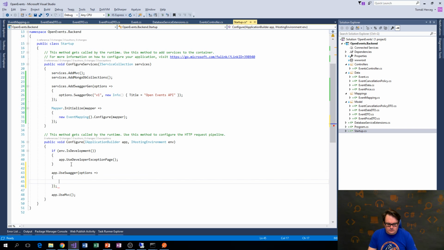And there is also Swagger UI, and this is important for us, and I think I have to specify some options here. You can use, for example, authentication for your UI and things like that, inject custom style sheets and things like that, specify document title, and I think we have to say Swagger endpoint, and